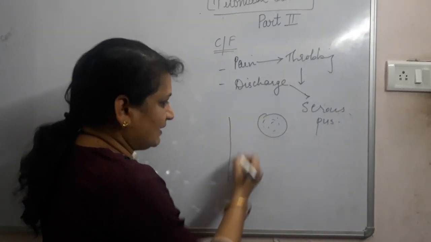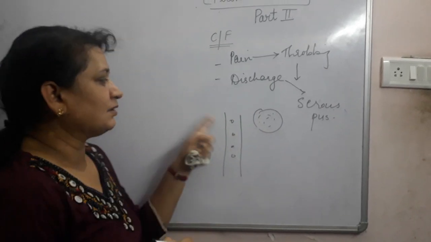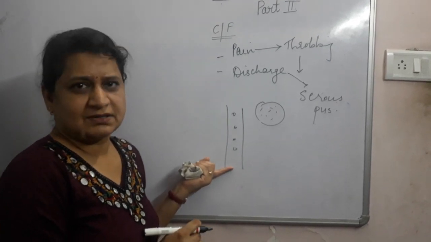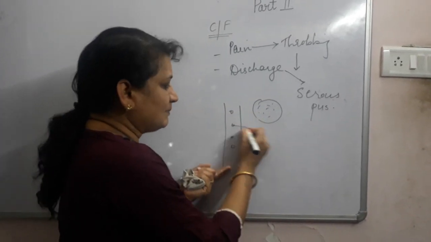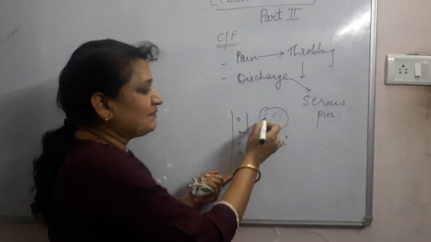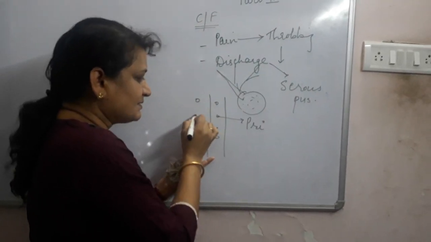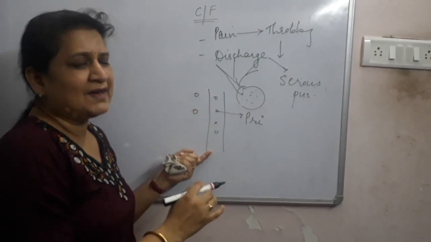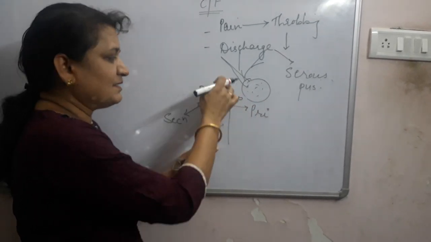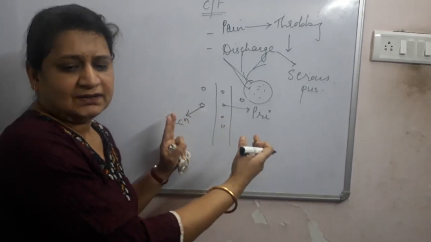So at times there are multiple openings in the midline from the sacrococcygeal joint up to the tip of the coccyx. And these sinuses which are in midline, these are called as primary pilonidal sinus. But when this sinus starts branching, there can be secondary sinuses in the lateral side, and these are called as secondary sinus. So primary sinuses are in the midline, whereas secondary sinuses are on the lateral side.